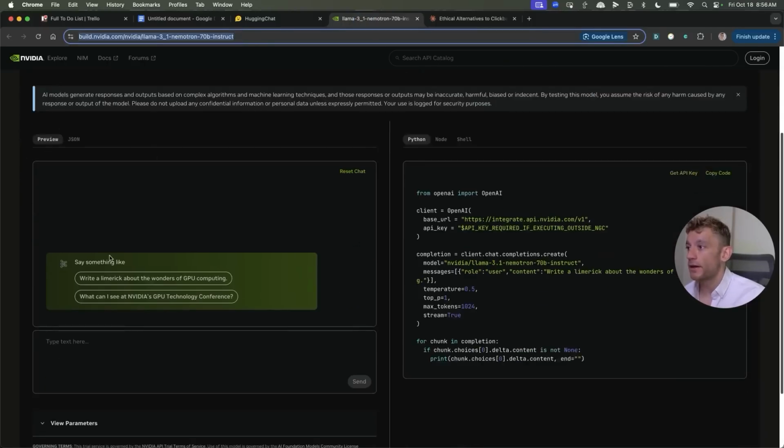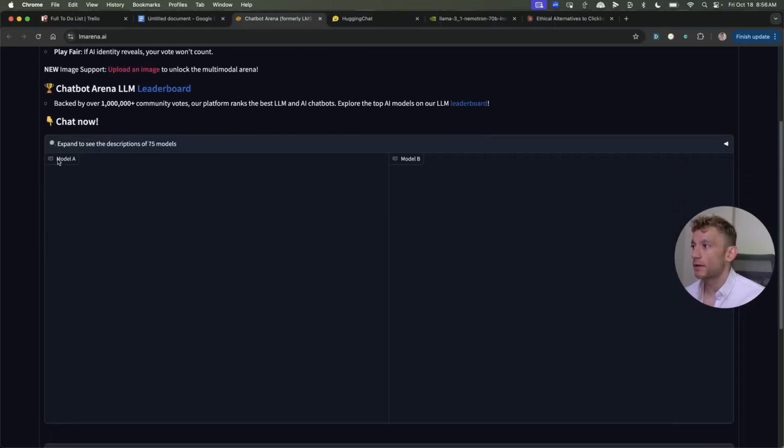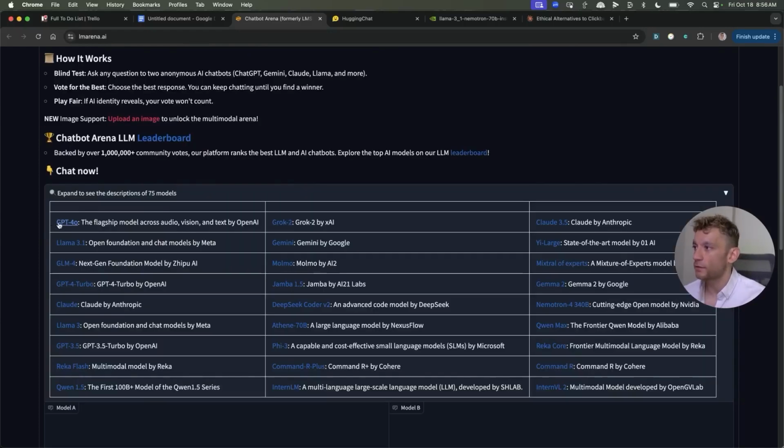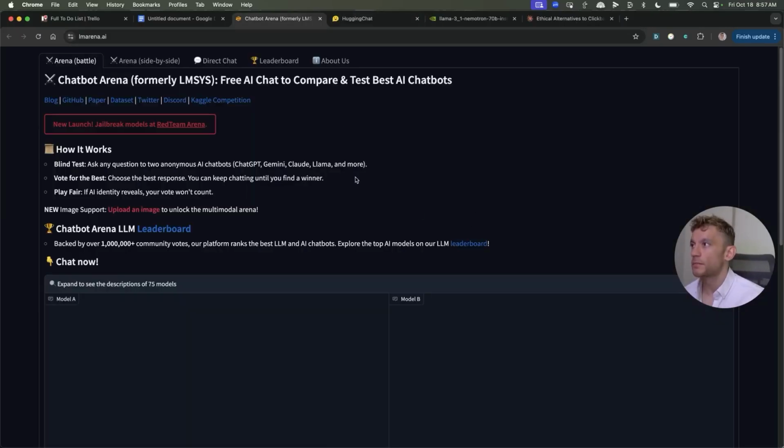As you can see, they have a chat directly here where you can start using it. Additionally, what's also quite useful is that you can go directly into lmarena.ai. You can select, for example, GPT-4o. Now, you may want to compare them side by side in terms of the models and just test your own